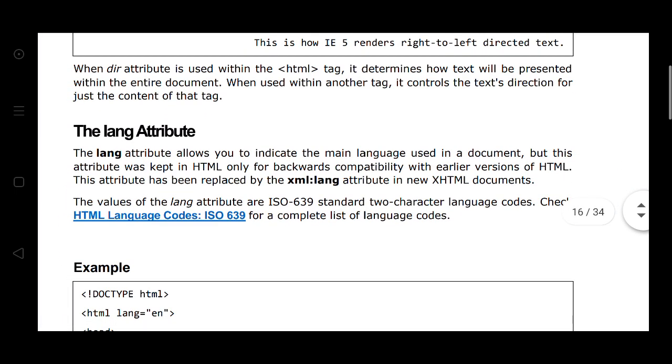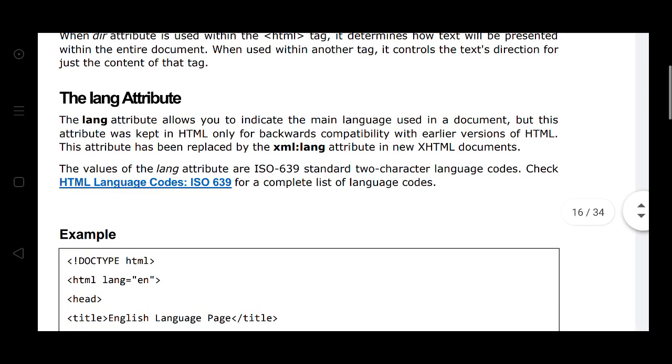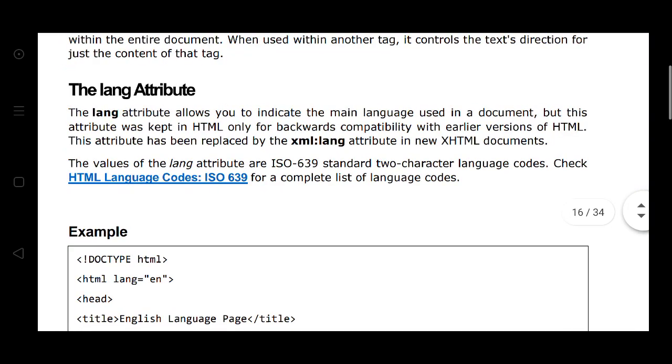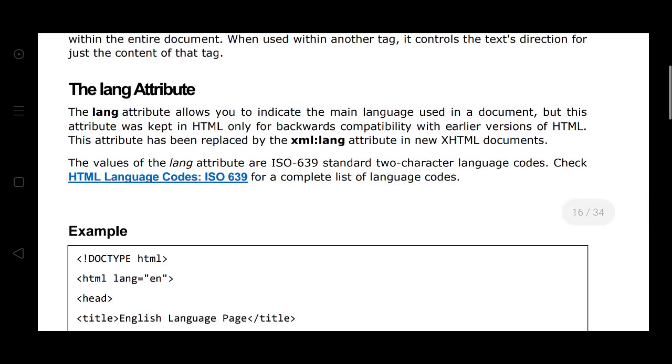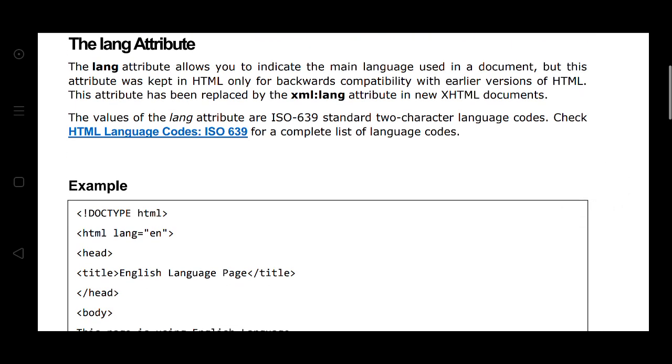The lang attribute indicates the main language used in a document, but this attribute was kept in HTML only for backward compatibility with earlier versions of HTML. This attribute has been replaced by the xml:lang attribute in the new HTML document.